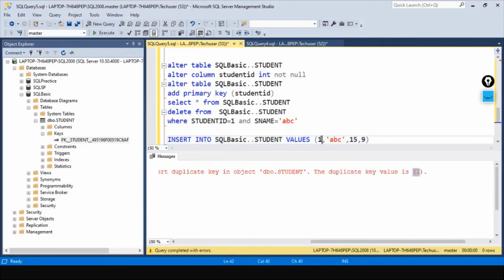See, this is the value which is already present in our table, and you are trying to insert the same value. It is saying it is a duplicate key. It will not be allowed to enter since it is a primary key. This is how, with the help of this constraint, we preserve the correctness of the data. With the help of primary key, you cannot have null values inside a primary key column. Along with that, you cannot have duplicate values inside a primary key column.